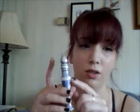I can show it to you. It's got a sponge tip. They have a couple different ones. This one is just the standard normal one. They also have one that has a little bit of pearlescence in it, to kind of accentuate